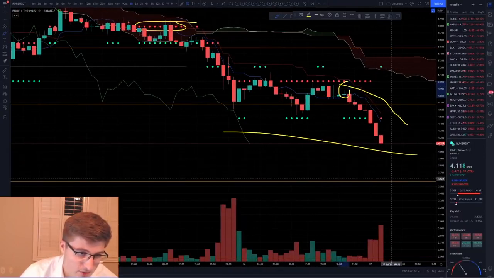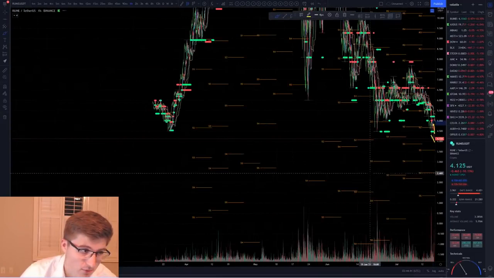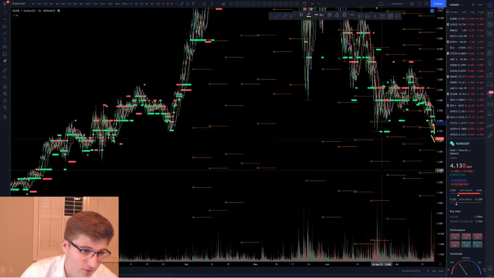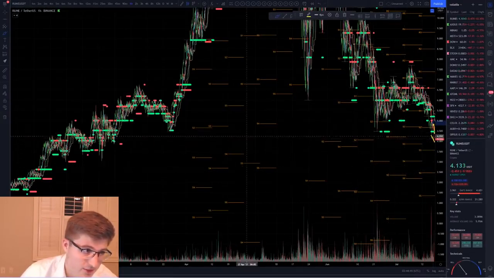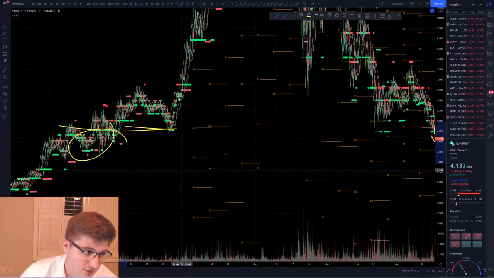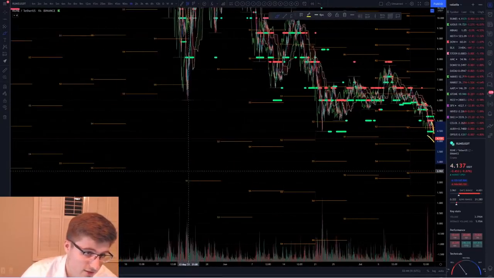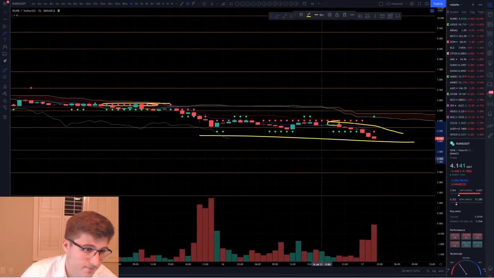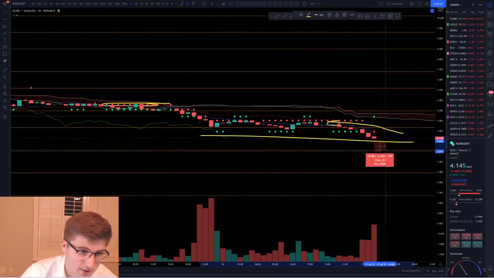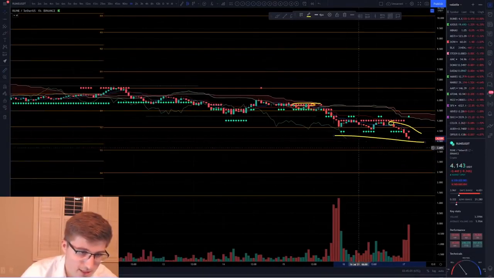Bitcoin does have a push at least to this $3.50 level. We have no support, guys. We have no support with Rune on the other side of the bridge. Look at this, we're breaking below this kind of head and shoulders pattern. Yes, we have some support here, which is around the 350 level. If we break below 350, we're looking at 250, which is a large push down. So if we go to 350, that's still around 12-13%. And then we go to 250, yeah, that's a large push. Be careful with Rune.